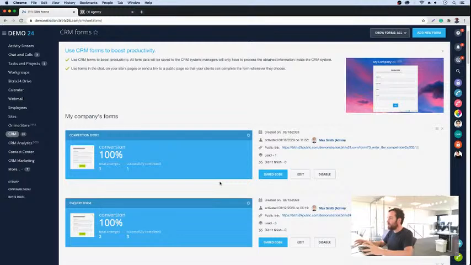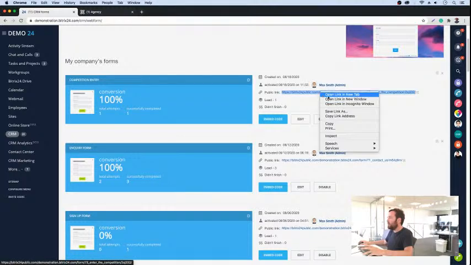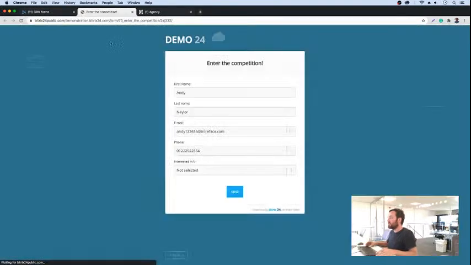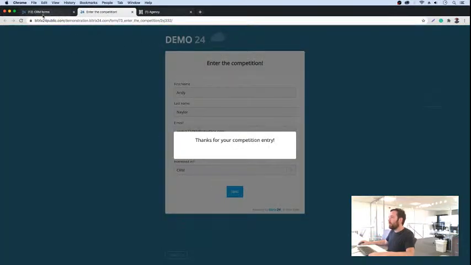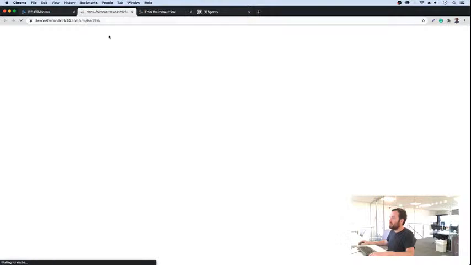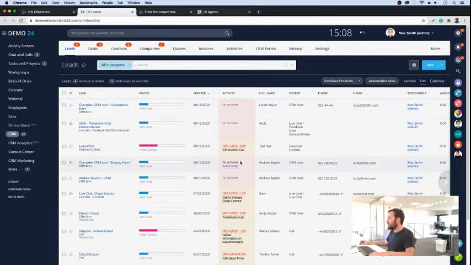different forms being submitted. So you can see here I have two web forms. I have a competition entry and I have an inquiry form. When they come in, they will come in with a lead name of that particular type. So you can see in here, if I type in that I'm interested in the CRM, click on submit. What that will do is it will create a lead. So the way that form is set up, if we click into here, we should be able to see the new lead that has been created,